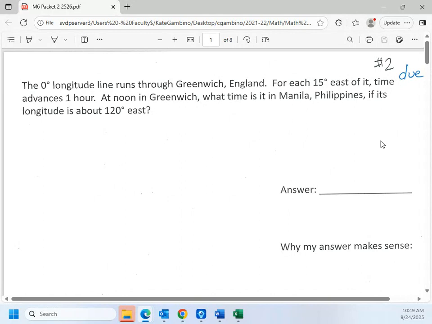It says the 0-degree longitude line runs through Greenwich, England. For each 15 degrees east of it, time advances 1 hour. At noon in Greenwich, what time is it in Manila, Philippines, if its longitude is 120 degrees to the east? So, if we're starting at 0 degrees,